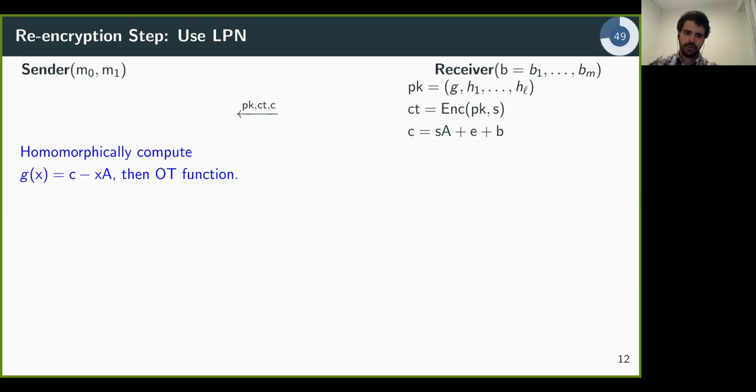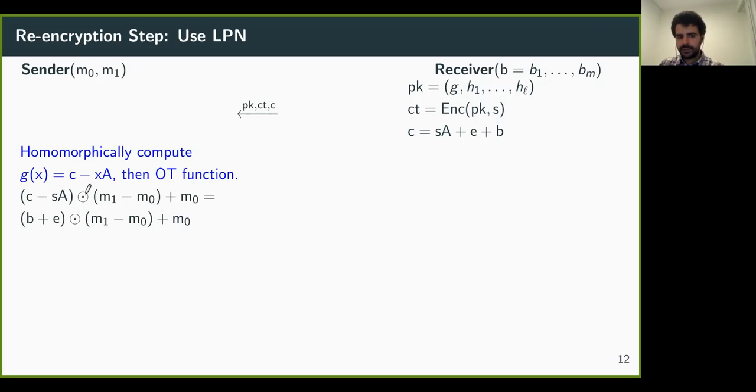Okay. So now the sender will homomorphically decrypt the LPM sample in the exponent and then apply the OT function as before. Okay. So notice that the sender will get an encryption of the receiver's output where some of the positions are flipped. So this is equal to the OT function f of b